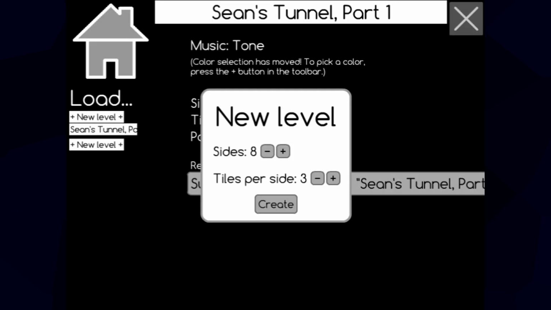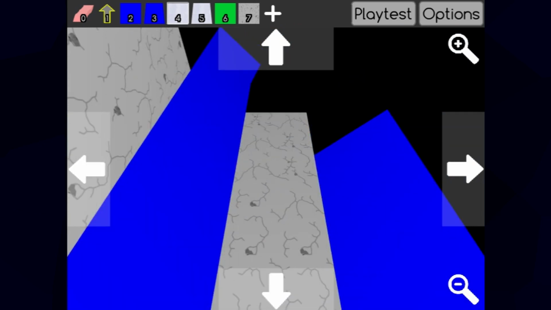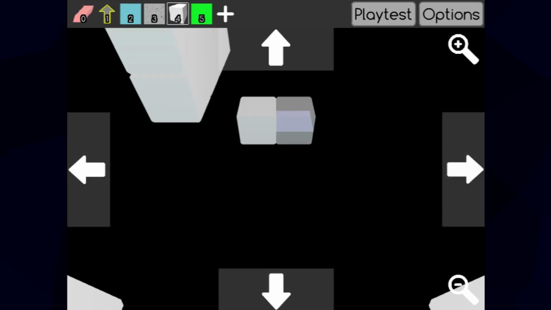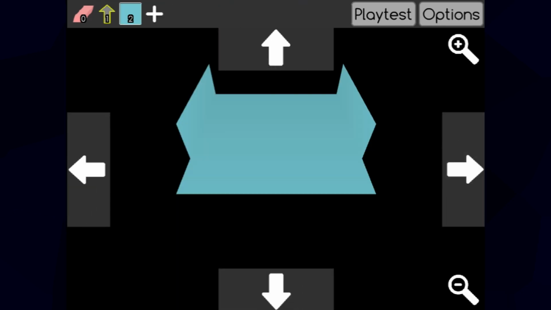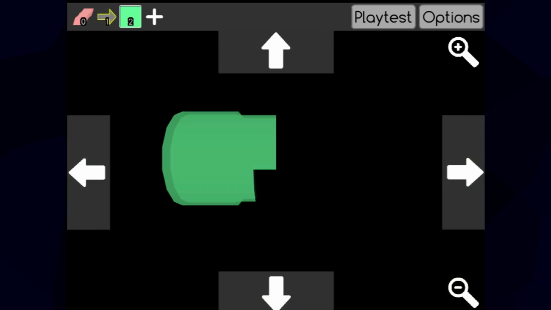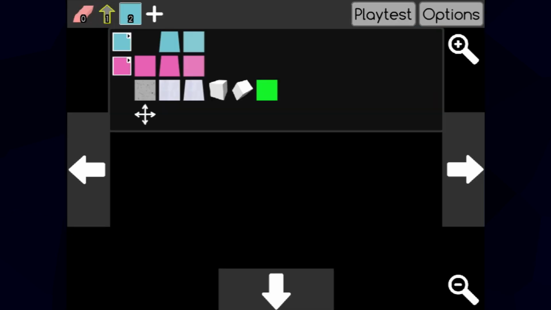The amount of tiles each side can have is inversely proportional to how many sides there are. Like I said before, the different tunnel shapes and sizes really add a lot of much welcomed variety. The editor has some cool new features and is a lot smoother and easier to use when compared to previous installments. Like, you can easily move around your level using the arrow keys, there are zoom tools to see your tunnel from different angles, you assign objects to hotkeys, which is really convenient, you have access to pretty much every